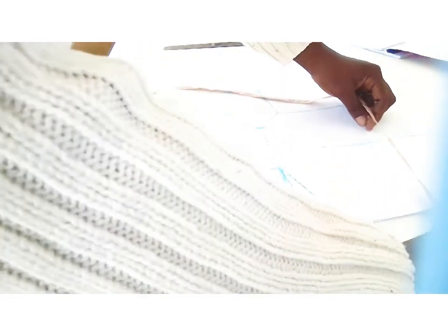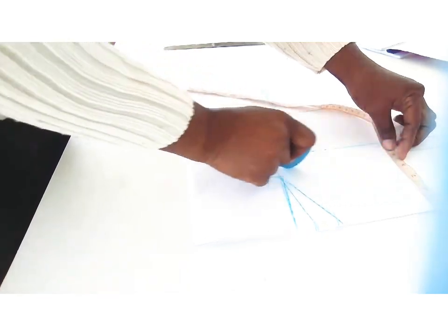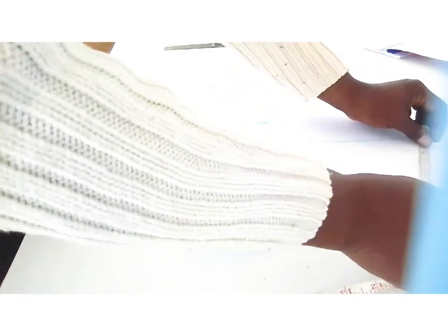Then you know that from shoulder to armhole measurement is 9. And this is the mark here. It's 9. So what you do now,